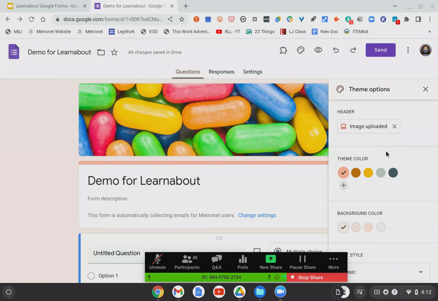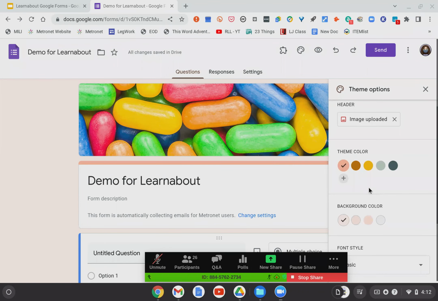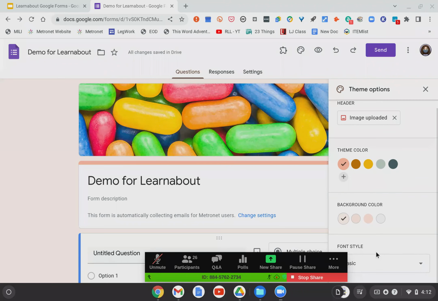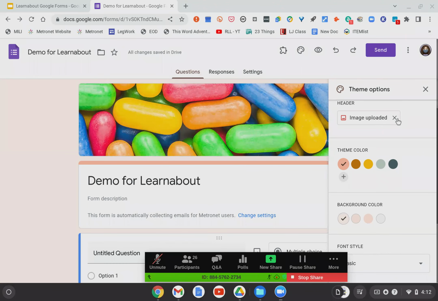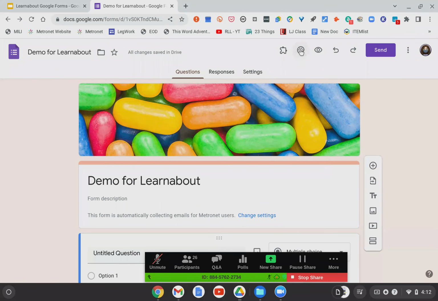My image is uploaded, and then it matches a theme to the colors that it's seeing up there. This is all customizable. If you don't care for these particular colors and you'd rather it look like something else, you can go ahead and change all of that. You can change the font that you have in there. Pretty much anything. I could take that header out, start with something new, but there's a lot of options within the themes. So if you want it to look differently or pretty or whatever, you can.